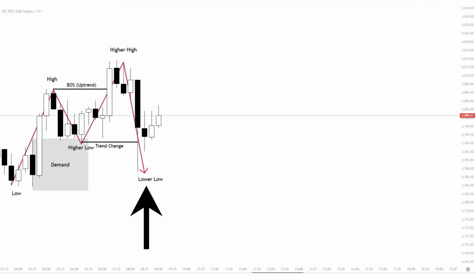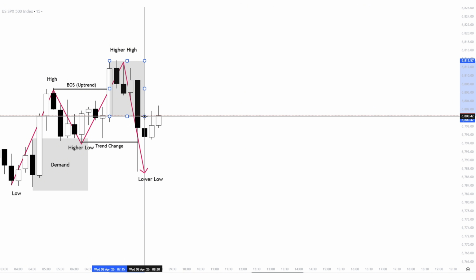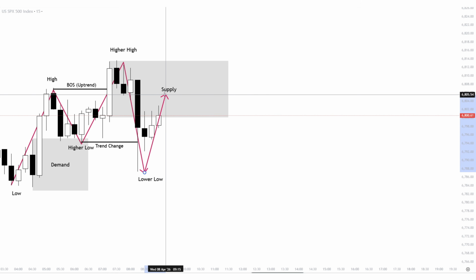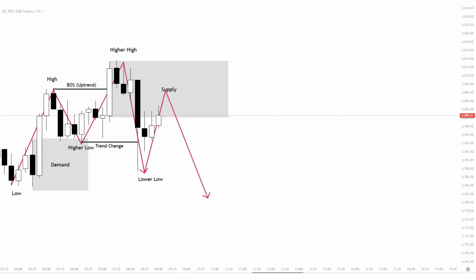The swing points of a downtrend are formed with a combination of lower lows with lower highs, and we already have the lower low, so there are higher chances we see a lower high coming up next rather than a higher high. Now, opposite to the demand zone, during downtrends, the market bounced to the downside from a supply, which is the last candle that closed bullish on the swing high. That's also right before the market started to turn bearish,